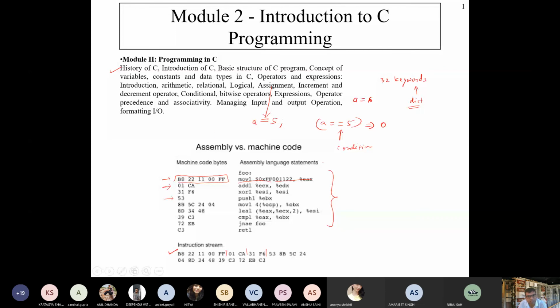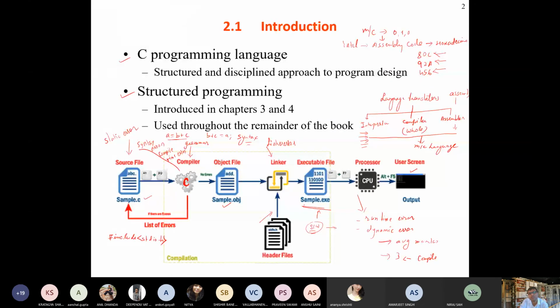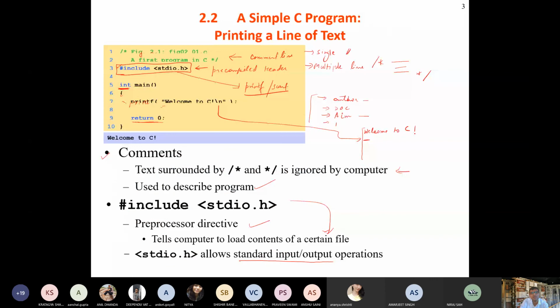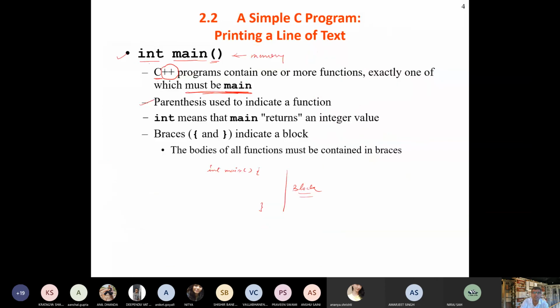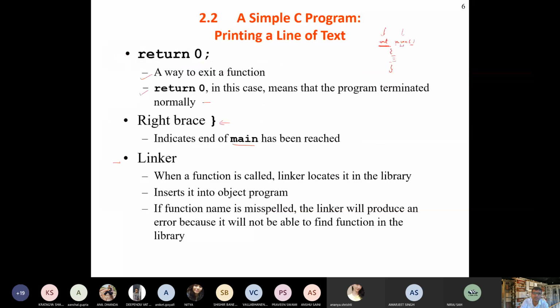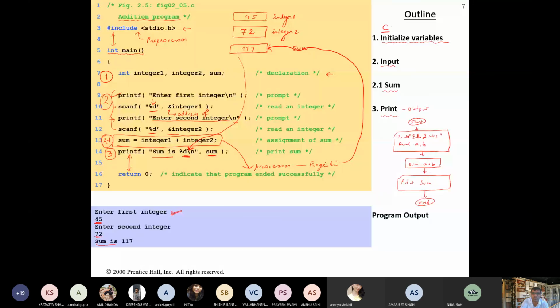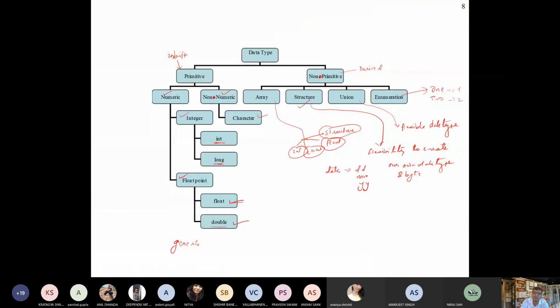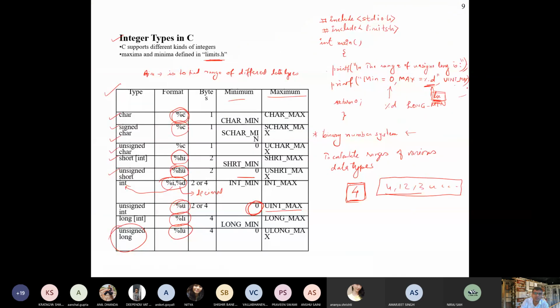Then input output, managing input output operation through printf and scanf and formatted input output. And this shows the example of assembly versus machine code. Here we have seen the compilation process, then a simple C program for printing a line of text, and this program is for addition of 2 numbers, how this program runs and how many different data types are there.